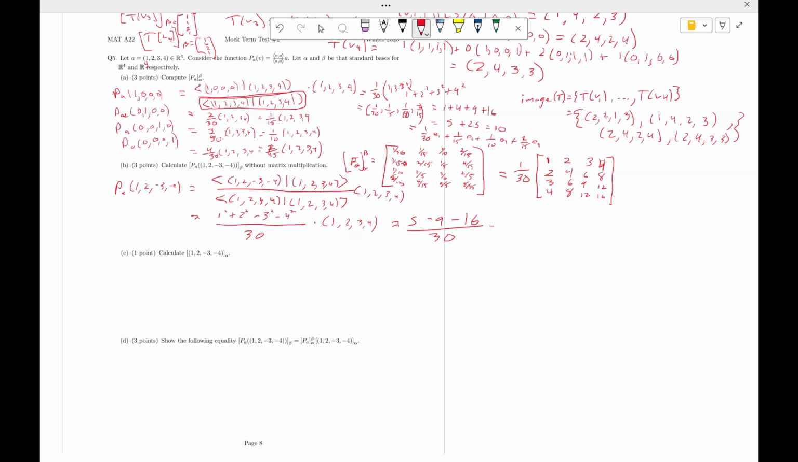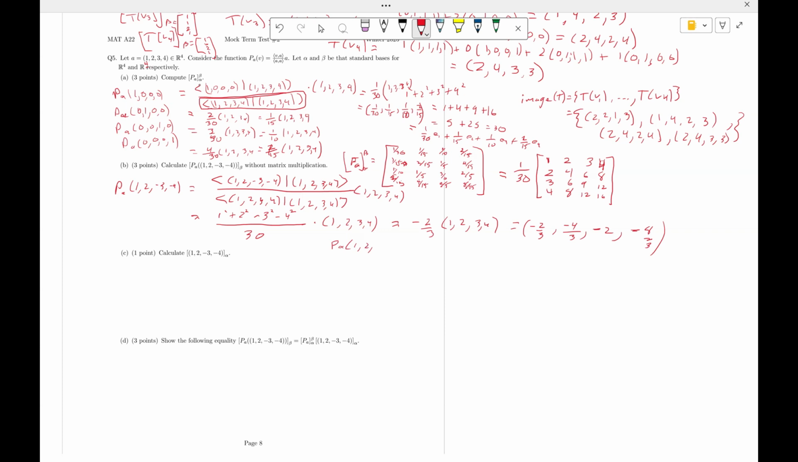Minus 4 minus 16 is minus 20 over 30, or minus 2 over 3. And again, this is just scratch work, so this becomes minus 2 over 3 times the vector 1, 2, 3, 4. So it equals minus 2 thirds, minus 4 thirds, minus 2, minus 8 thirds, or P